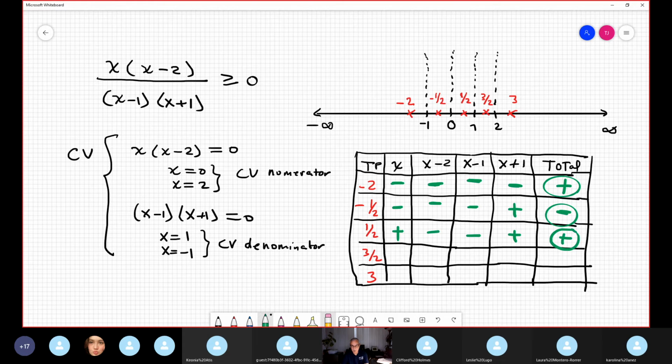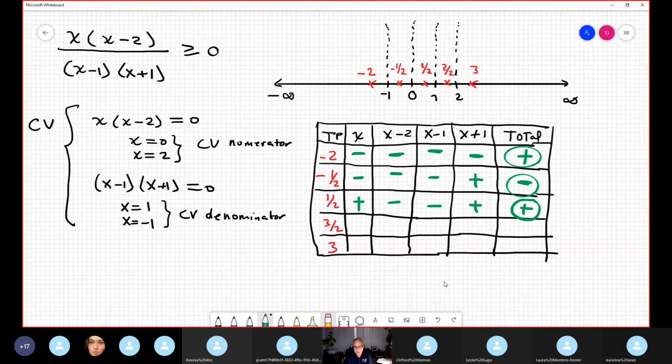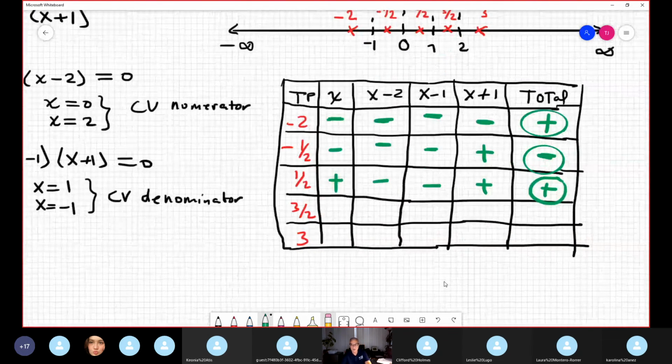Remember, the important information to determine if it's positive or negative is to analyze how many negatives we have. If the number of negatives is even, it is positive. If the number of negatives is odd, it is negative. Do you understand why? It's just a multiplication. When you multiply 2 negatives, it's positive. When you multiply 3 negatives,